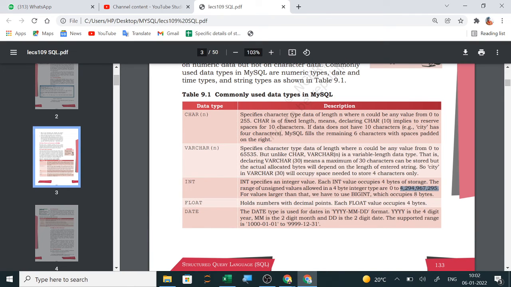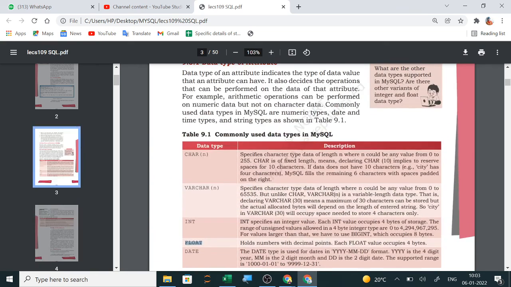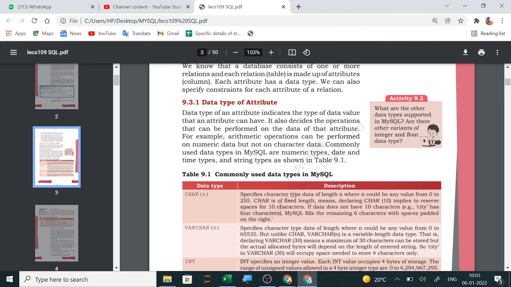Now why are we going through the data types? Because whenever we do functions on the data, the data type is important. Because these are string characters, on these only the string related functions like trim and substring can be used. Whereas for numeric data, we use round and truncate; in float we will use round and truncate, and in int we will use the other mathematical and numerical operations. Clear? So this was your data type. So this is over. We will do it practically afterwards.